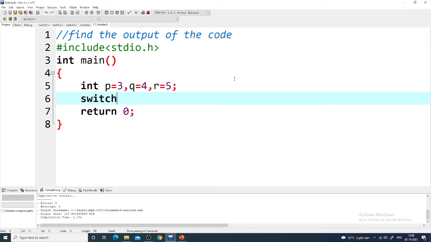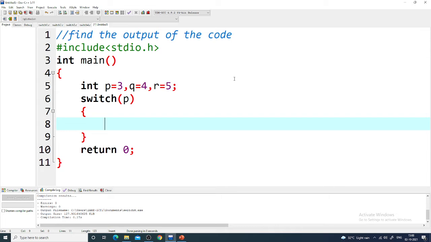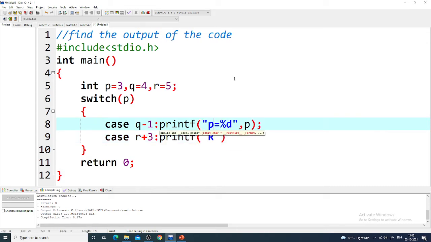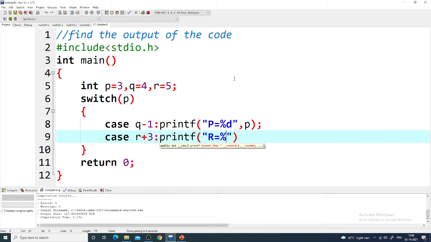Now, switch on p value. P value is 3. Now, let us write down the case labels. Case q minus 1: printf p is equal to %d, comma, p value. Case r plus 3: printf r value is equal to %d, comma, r value,